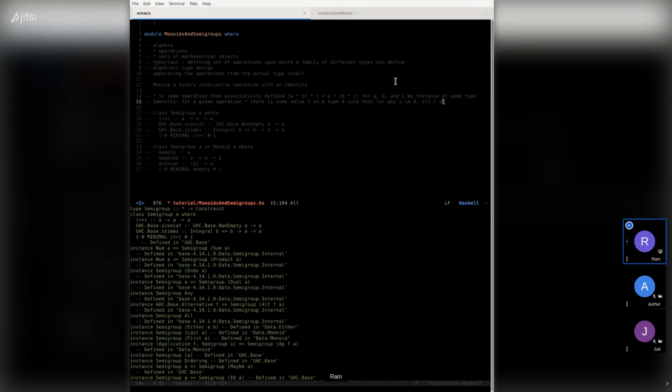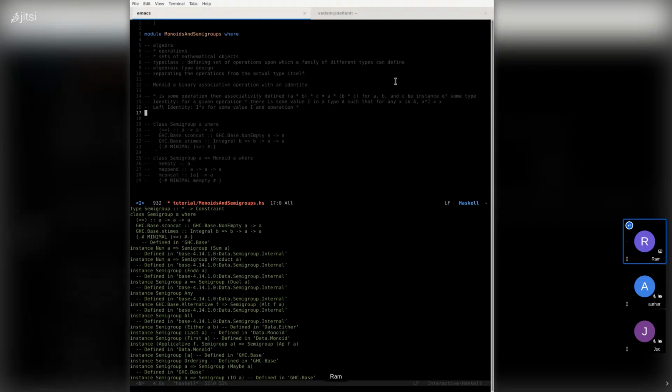Now, what I'm showing you here is specifically what's known as right identity. We're applying the function to I on the right hand side of the value x. There are two different types of identity: left identity and right identity. It's really the order in which you are using the identity value with the operator in an expression. Left identity is usually defined as I star x for some value I and operation star.